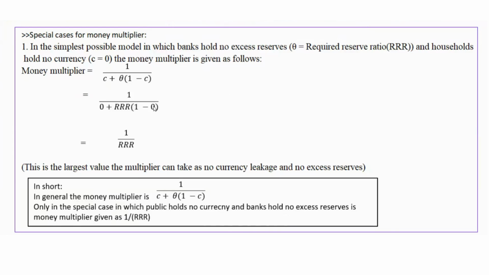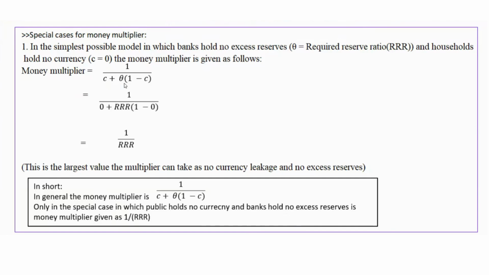Looking at the money multiplier, where we said it's equal to 1 by C plus theta times (1 minus C), where C is the fraction of total money demand held as currency, and theta is the reserve deposit ratio. It's the fraction of deposits banks hold as reserves. We want to look at a special case of this money multiplier, where we're saying, let's consider a case where